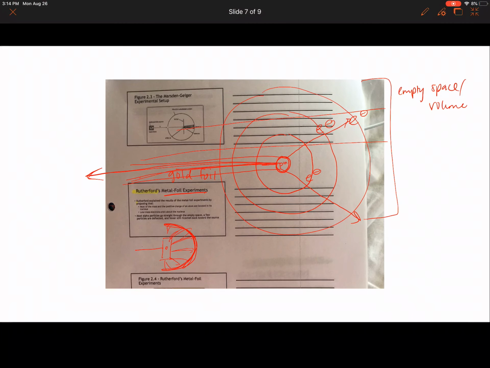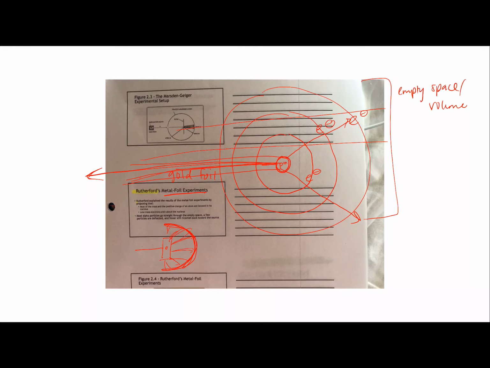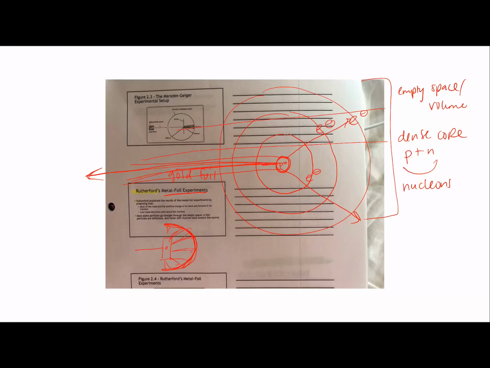Okay, which meant that there was a very dense core. And the dense core we know is where protons and neutrons existed. We call these the nucleons, because that dense core is called the nucleus. So in the nucleus, nucleons are there, which are protons and neutrons. It's a dense core, and the empty volume and space on the outer part of the nucleus is where the